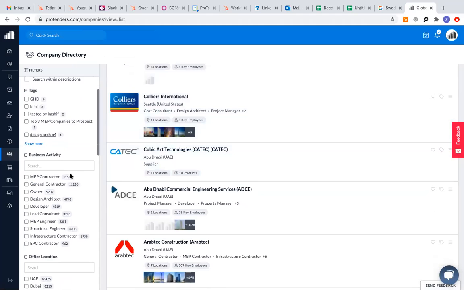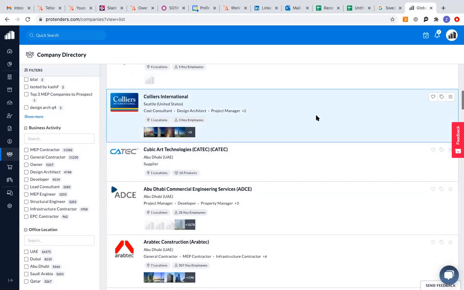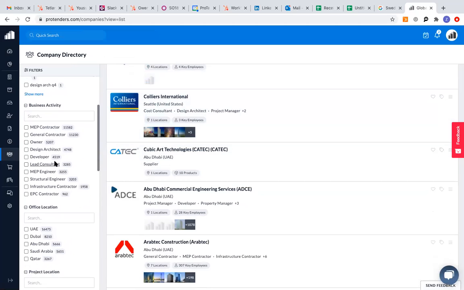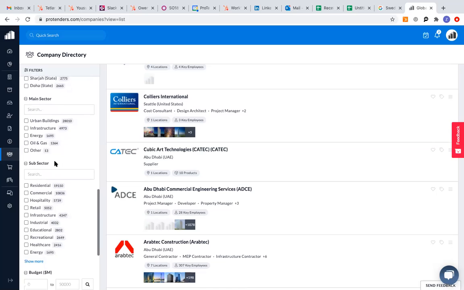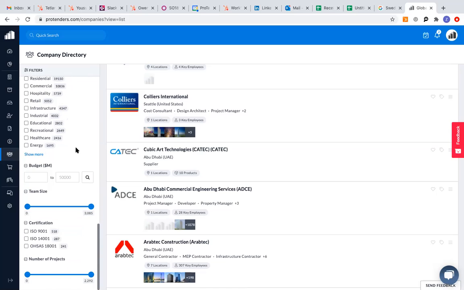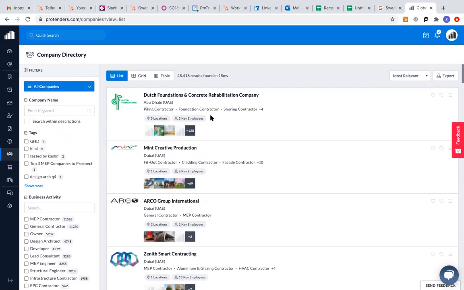Key employees are the people associated with the companies. Again, on the left side, you can filter them by the business activities. If you want to scroll down, you can type in the location, project location, main sectors, subsectors. Same features as on the old platform, but just a new look. You can also sort them by the most relevant, or choose the companies by the number of projects or the date updated. Basically, when they had new projects or completed projects, it will filter the companies based on the filters that you select. And again, you can export the companies in an Excel file if you love working in Excel,